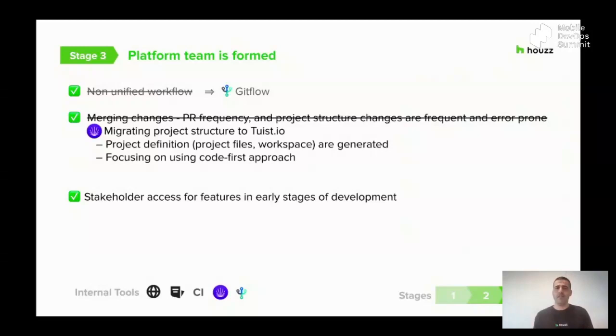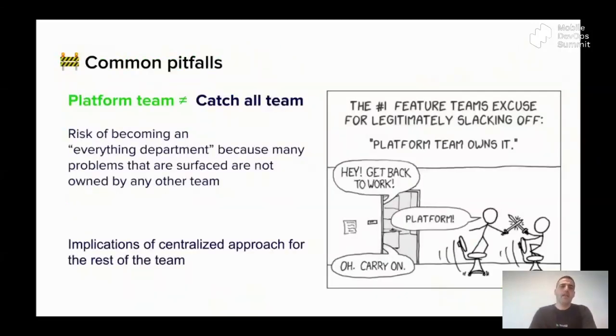Okay, so you have a team. So is everything great? Is it recommended for everyone? Well, everything has its pros and cons, and the common pitfalls that we've identified can be summed up into two main points.